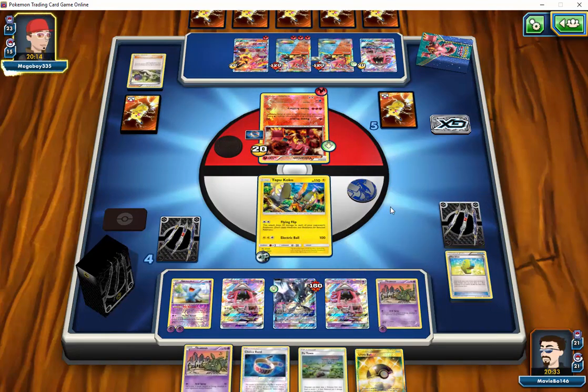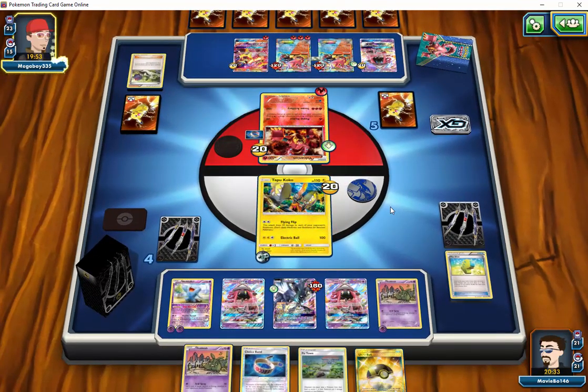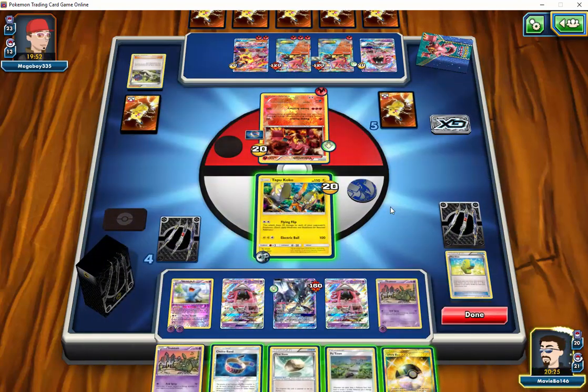We're certainly not in bad shape now, though. After this we do get a Choice Band to help us out. And we still have an Ultra Ball, so we can get the Trashalanche Garbodor. I'm pretty sure that, I'm not 100% sure, actually. Part of me thinks that's the play,